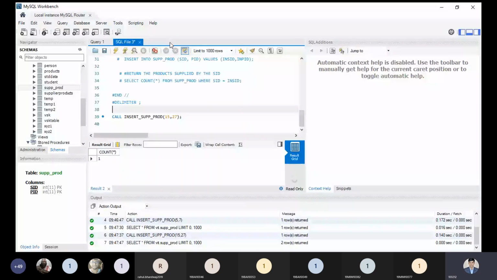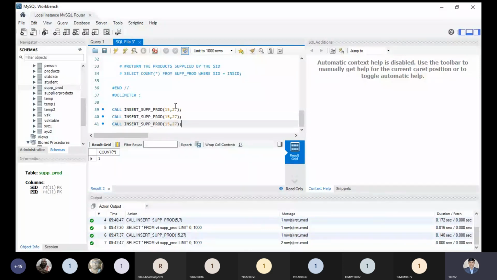But why are we getting one in the count? Because at a time we are inserting one record. If you want to insert multiple records at a time, with a simple concept you can call this procedure again.